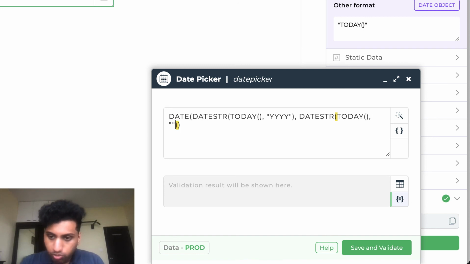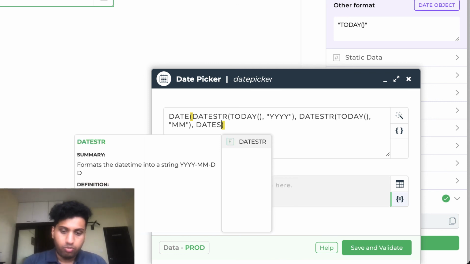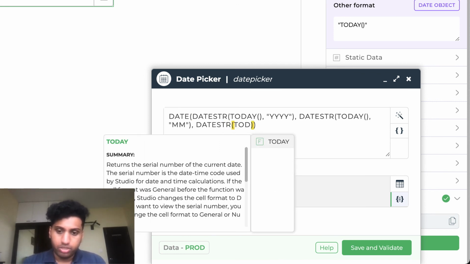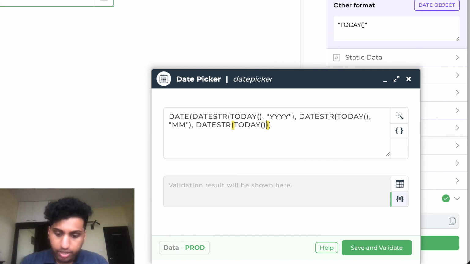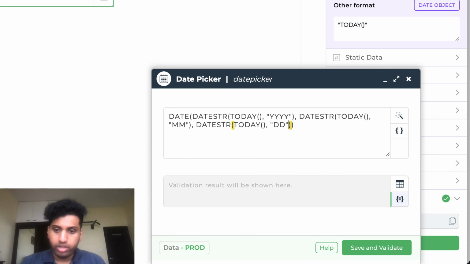This time we set the format to just retrieve the month number. And finally we need one last date_str for the date. So again I'm going to pass in today and I'm going to pass the format as dd to retrieve just the day number.